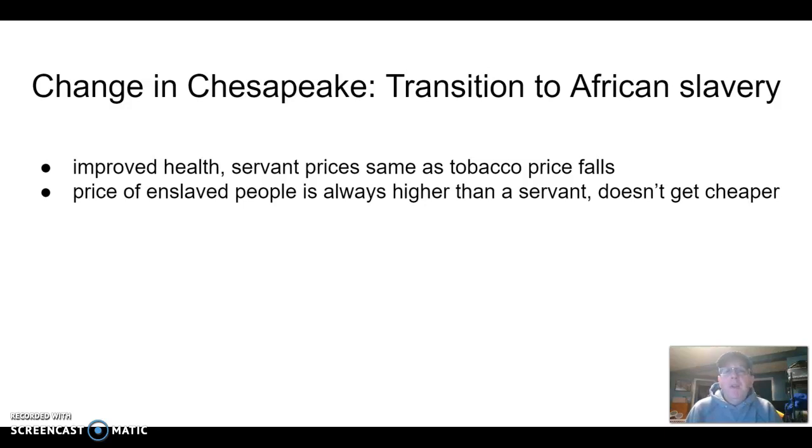No. It actually, just in cold economics, is considered more viable because if people are living longer, then buying a person means they're going to live longer and serve you longer. And if you can get their children and call them slaves as well, which we're going to see is what happens, that furthers your slavery. As opposed to a servant who lives out 5 years and then it's gone, and then you need to get a new one. So, it's not that slaves are cheaper. And obviously not everyone has one because they are more expensive. But it is a transition that starts by this period.